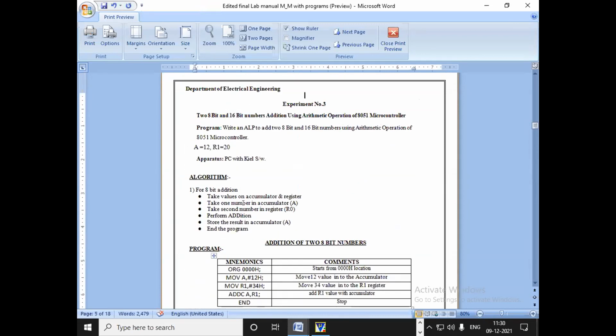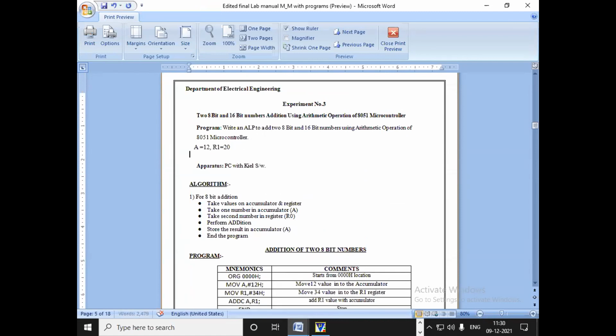And then after that, what process are we going to do on it? It is the addition. So for addition, which instructions do we have to use? You know that there are two instructions for addition. First is the ADD instruction and second is the ADDC instruction. You should know this. For ADD, we add two numbers, and ADDC means we have to add the carry there.